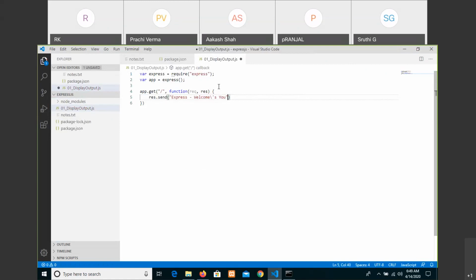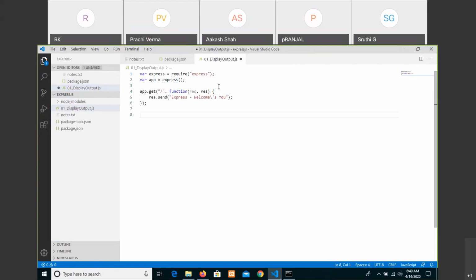So we have written a statement that we want to see, but where do we see it? An application should run on a particular port number. In the concept of Express, it should load the application on a particular port number.